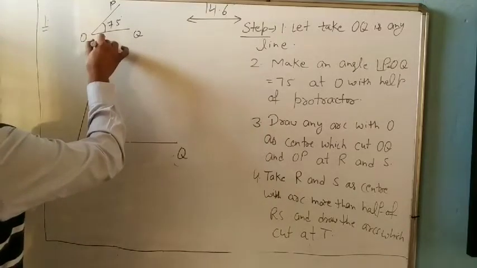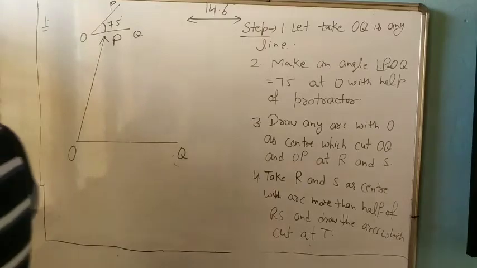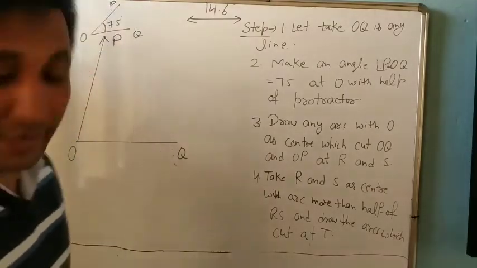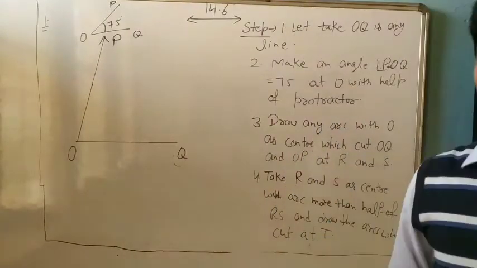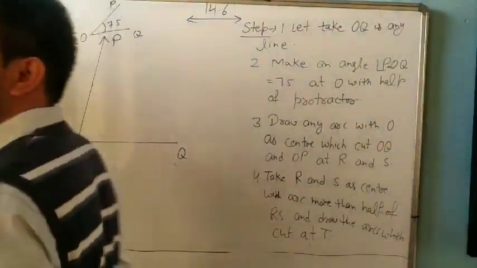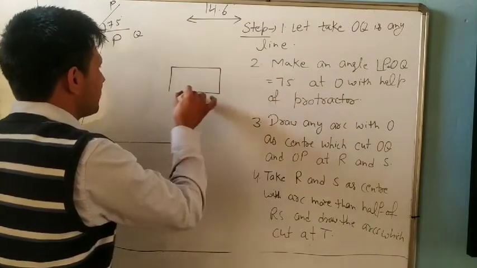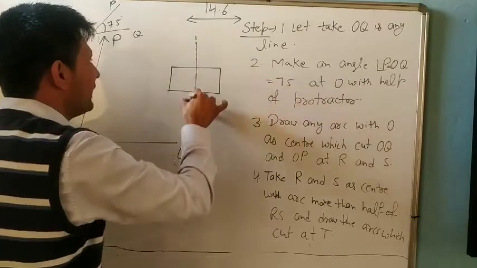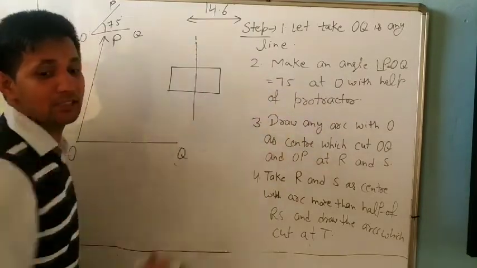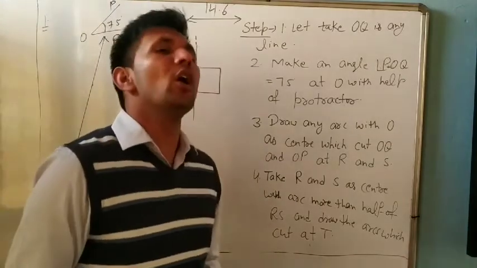So it is P. Now in the question given, find its line of symmetry. Line of symmetry, does everyone know what line of symmetry means? Suppose it is a rectangle, line of symmetry means it is divided into two equal parts. So line of symmetry, axis of symmetry, or bisector.